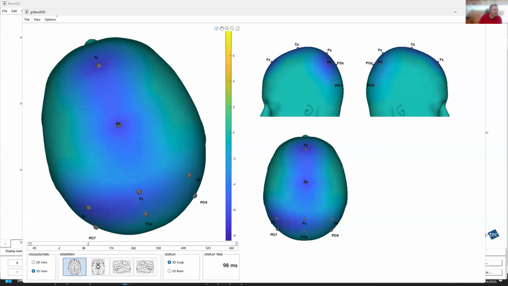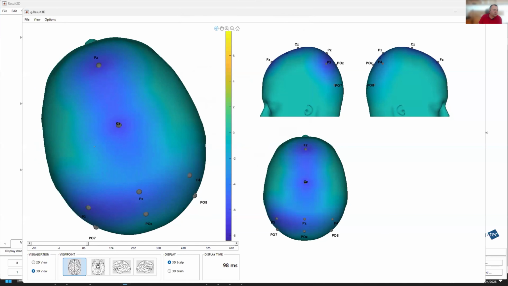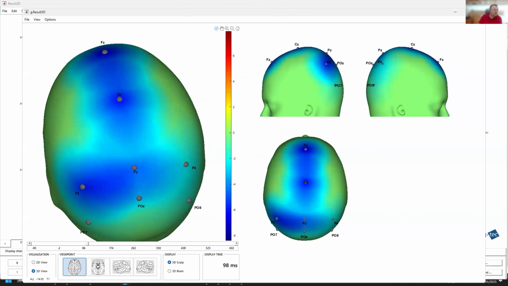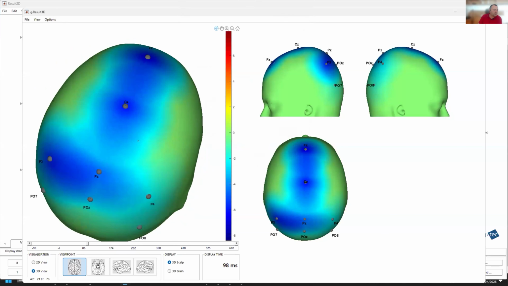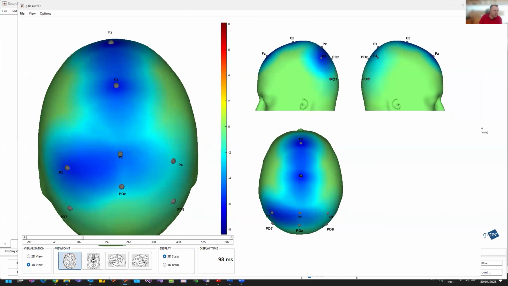Maybe it will be better if I change the scale. So the color map, I will set it to jet. I think it will be, yeah, it's a bit better. So this is the negative peak. And we'll go to, again, a bit